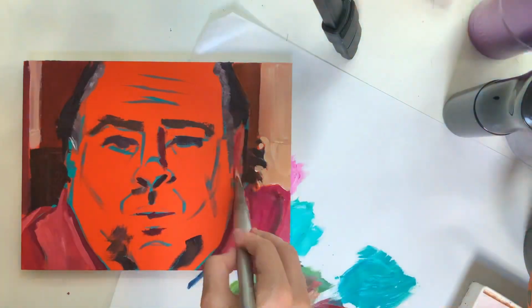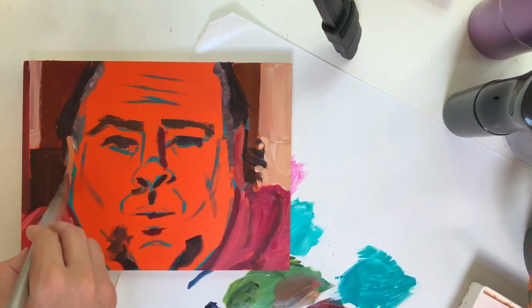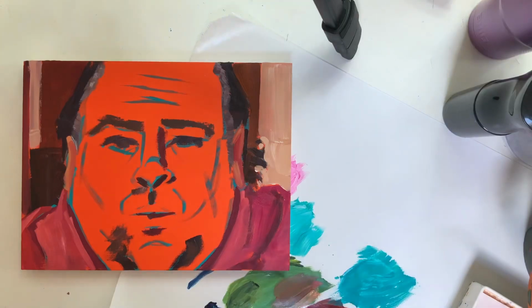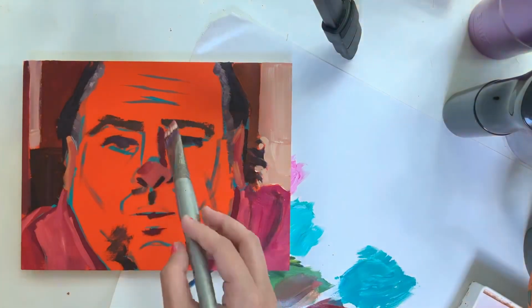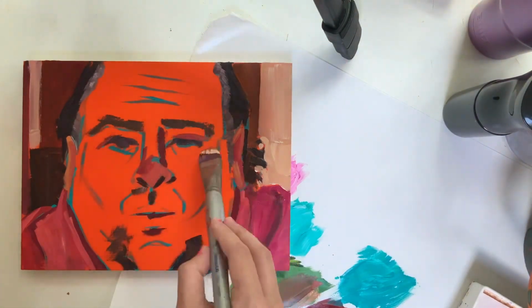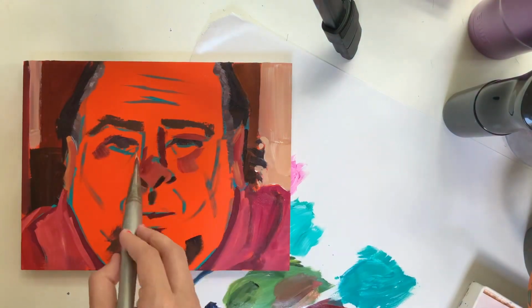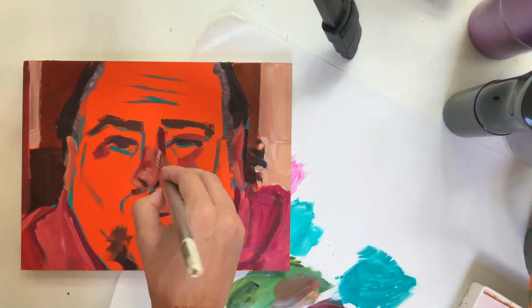And now I'm going in with the flesh tone. I always get asked, what color do you use for skin tone? And I feel like that's a really hard question to answer, because it's not like you mix one peach or brown or low intensity orange, and you just use that for the whole face. Our faces have a lot of places that get really red,